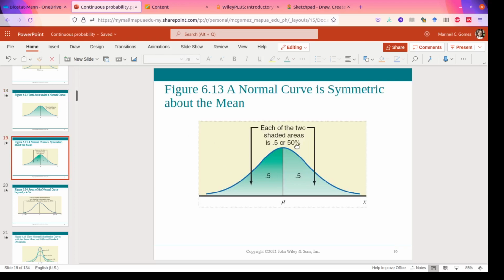So the symmetry of the bell-shaped curve, or the normal distribution, has the mean serving as the axis of symmetry. To the left of the mean, that's 50% or 0.5, and to the right of the mean, the shaded region is